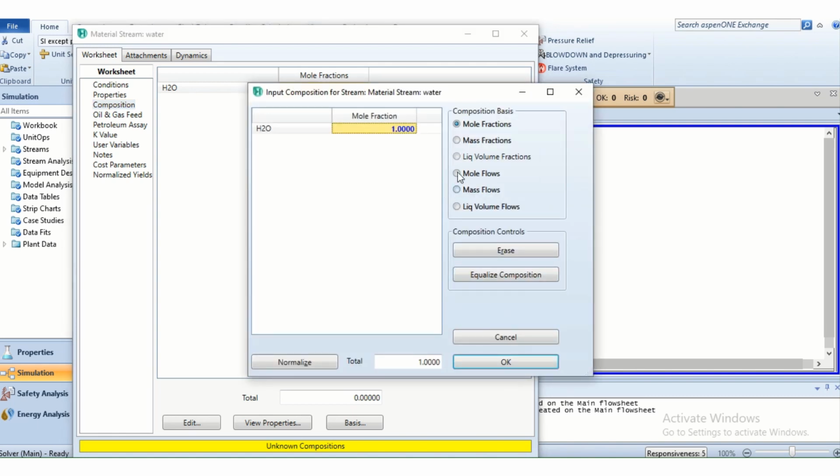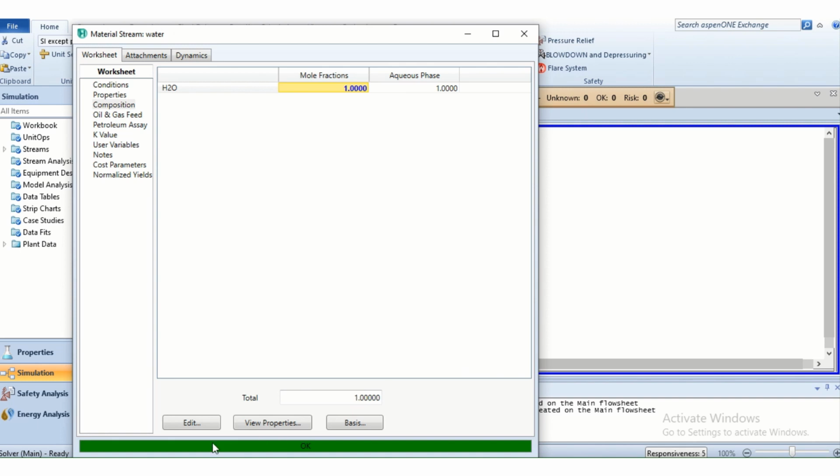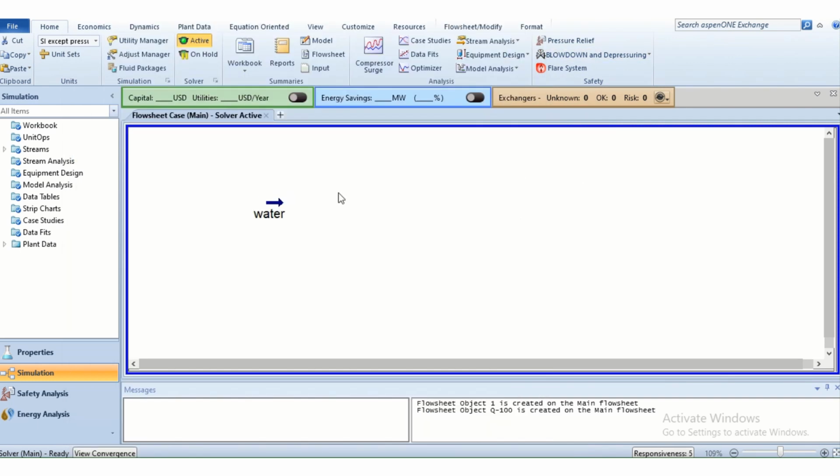If you don't know the molar flow rate or molar fraction, but you know the mass fraction or mass flow, you can also enter that in this menu. Click on OK, and you can see that the bar turns green and the stream has turned from light blue to dark blue, meaning it is now defined.